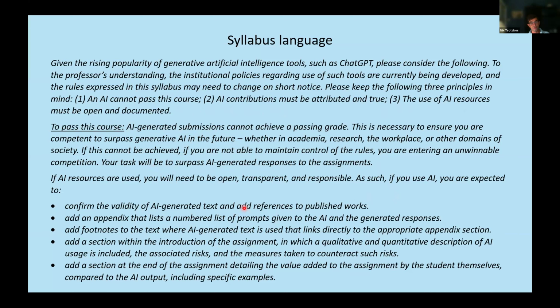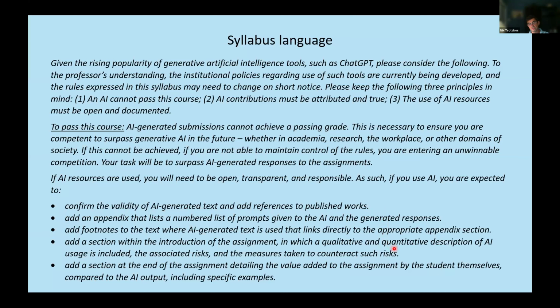They could opt out of using ChatGPT for these take-home exams, but basically I asked them to confirm the validity of AI-generated text and add references to published works, add an appendix that lists the prompts that they gave to the AI and the generated responses, add footnotes to the text where AI-generated text is used that link directly to the appropriate appendix section, and then add a section within the introduction of the assignment in